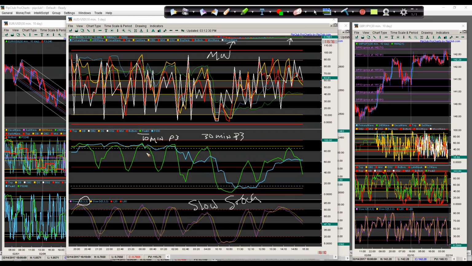So we're using the 10-minute Peak3 as the sole indicator here. So what this is now, we're on a 10-minute chart. And so we're looking at the relationship between the 10-minute wave and the 30-minute wave